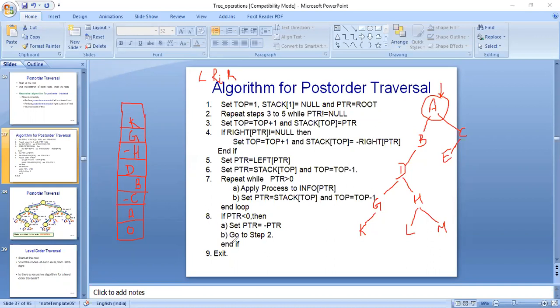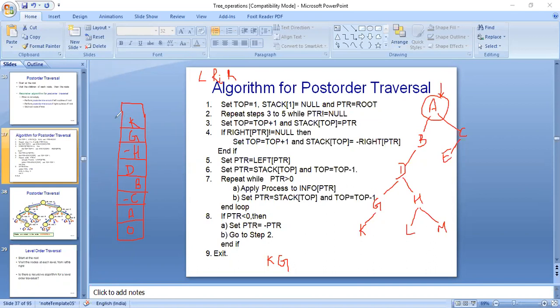So after we encounter K, we will start backtracking. So we will be popping and processing K, and then we will pop and process G. So initially we will pop K first, then we will pop G. Since H is negative, only it will be popped but will not be processed.